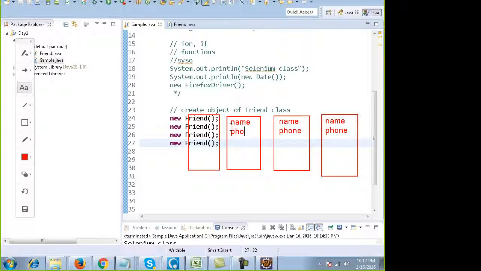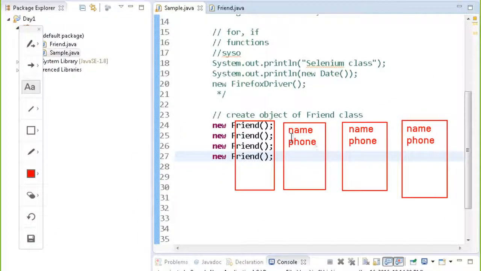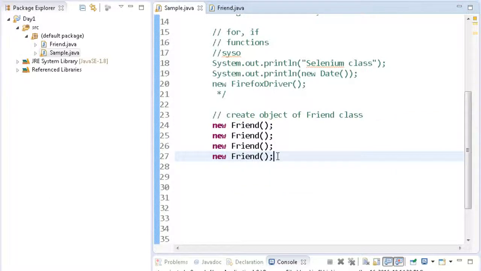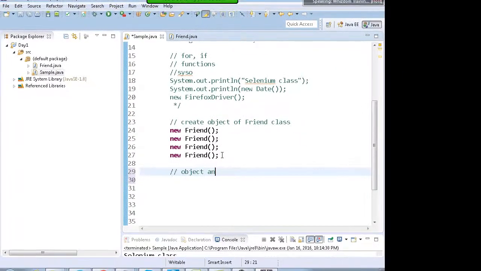Now to access this object in the memory, you cannot just access it like that. You need an object reference. In Java, object and object references are different. Note this point.